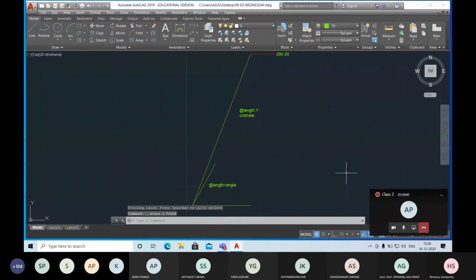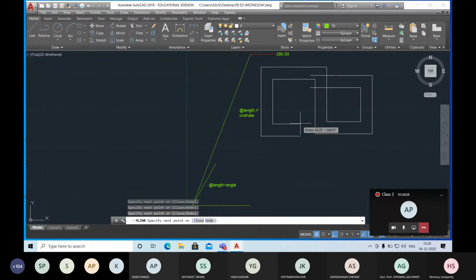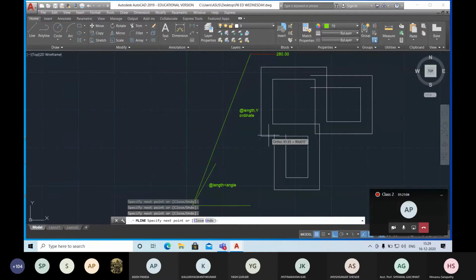If I want to draw a building plan, I can go for the F8 command, so that I can draw a straight line. Then I will go for the multi-line command. Then I can draw plans. You can see I just drew plans. This is my room. This is a room. Okay, and this is your toilet. You can draw any. I just show you. It is not as per design. I just show you how to draw that one.